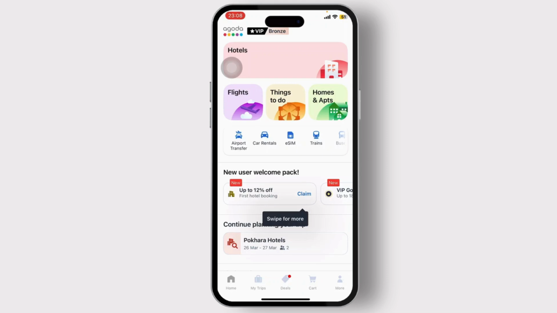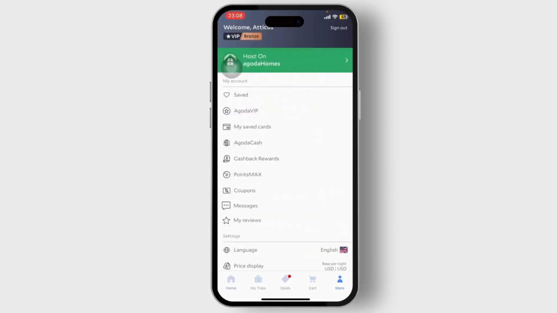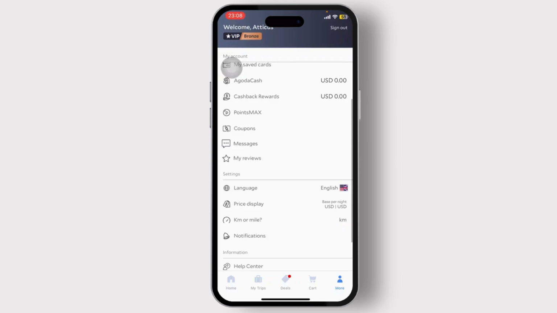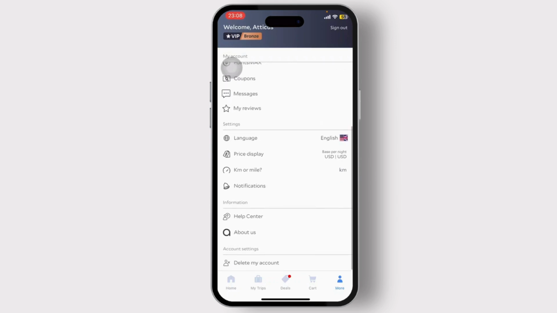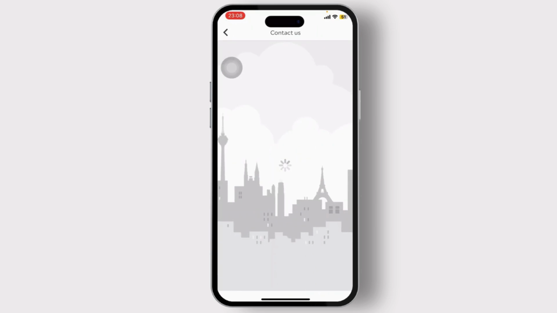It looks like your profile icon. And after you tap on it, you'll then need to scroll down. So scroll down and under Information, you'll find an option that says Help Center. So tap on Help Center and it might take some time to load, but while this loads, you can head